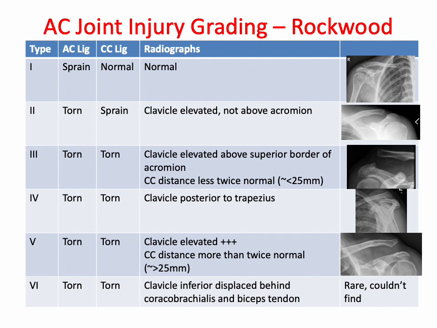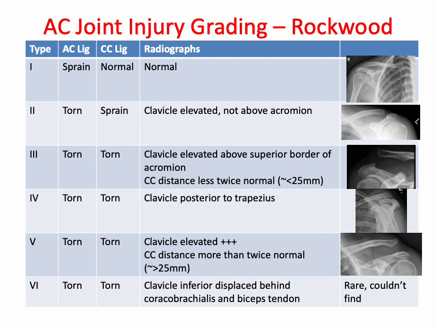Grade 2 injuries, where the clavicle is elevated but not above the superior border of the acromion, involve a torn AC ligament and a sprain of the CC ligament. Type 3 injuries, where the clavicle is elevated above the superior border of the acromion but the CC distance is less than twice normal, involve a tear of both the AC